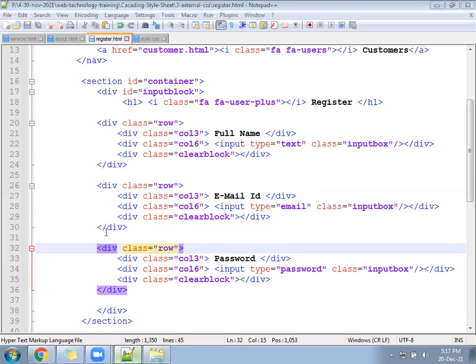Division is the best practice. Bootstrap is based on division only. So we should keep a practice of div.